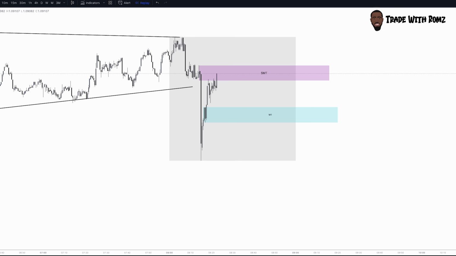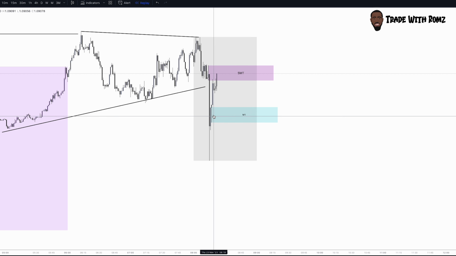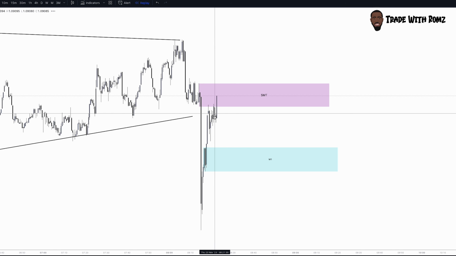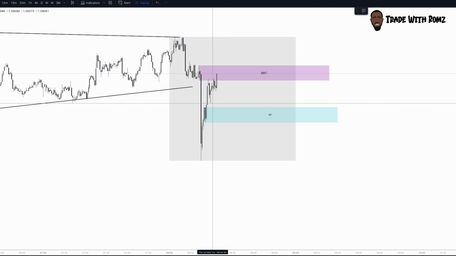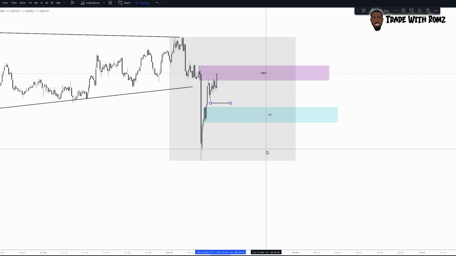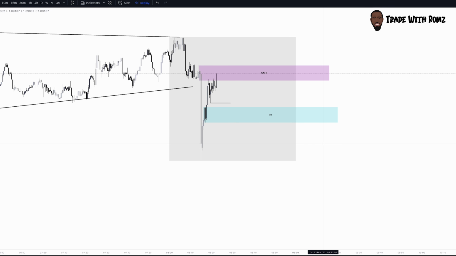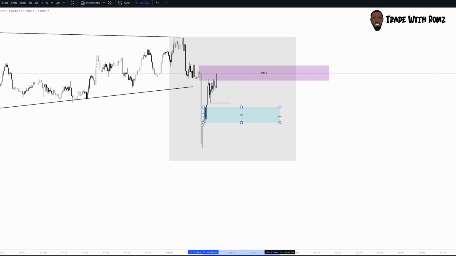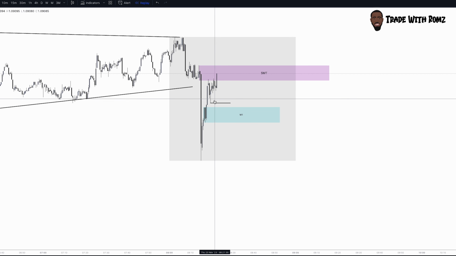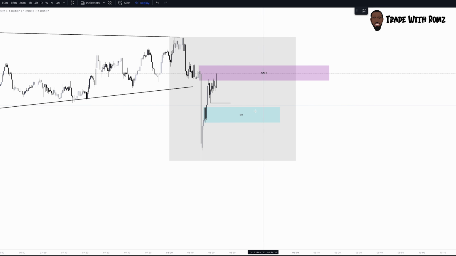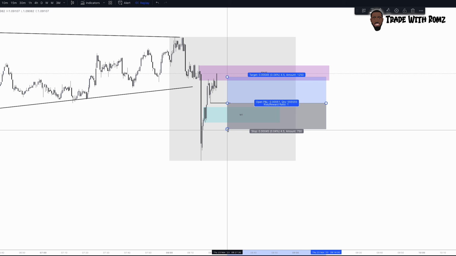So on the 1 minute, when I saw this wick, and I saw the way this wicks down and goes aggressively back up, I knew that on a lower time frame this would be a potential order block. So I've seen that as an order block. So I'm like, this is perfect. But what makes it perfect is the fact that I've got an inducement low that I want to be induced into the entry, right? It doesn't mean necessarily that the order block's going to be mitigated, but what I did know is that I wanted this low to be induced. So I was ready to enter the trade